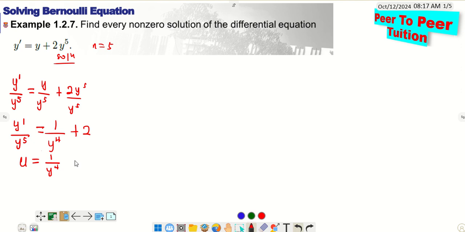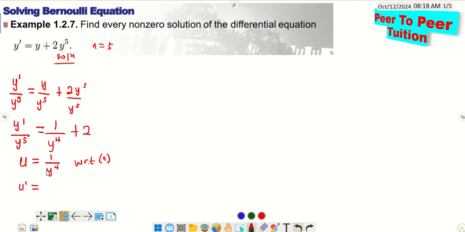So if I differentiate u with respect to t, I'll get u prime. So I'll get u prime here should be equal to, if I also differentiate 1 over y exponent 4 with respect to t,